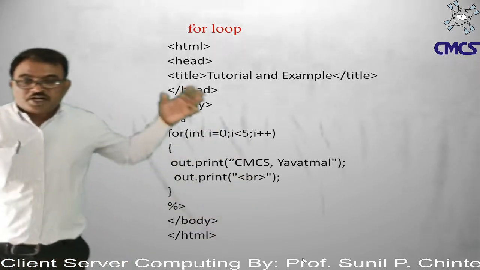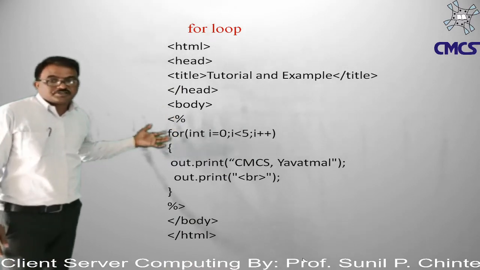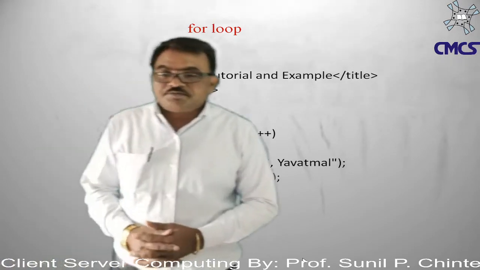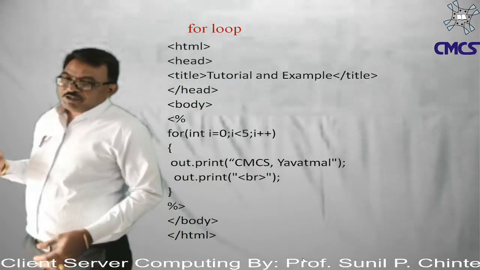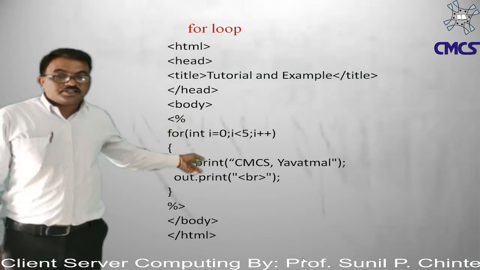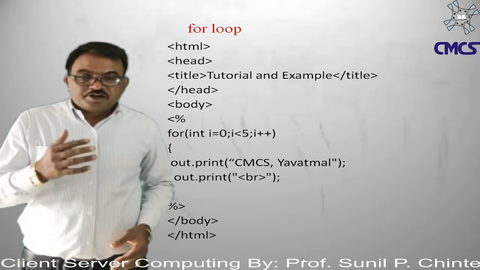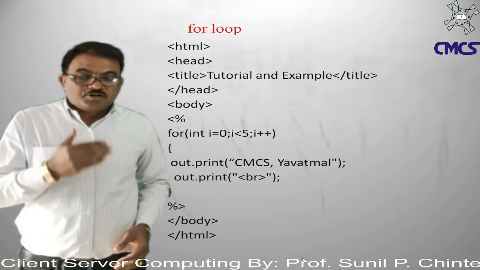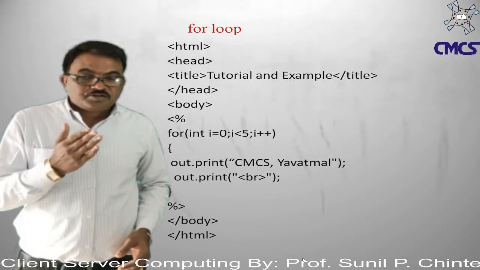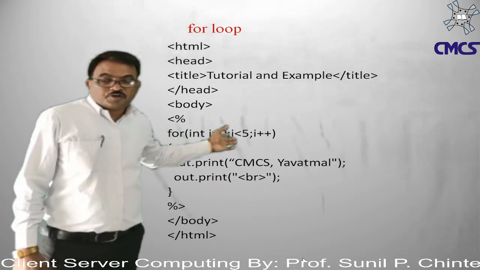Okay, but I have written all the JSP script under the JSP tags, that is the scripting tags: the left pointed bracket with the percent sign, and the percent sign with the pointed closing bracket. Okay, so by using this I will get the output on the browser by using the out implicit object. So here is how the for loop works.